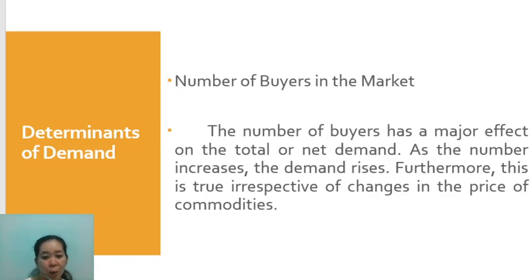Furthermore, this is also true irrespective of changes in the price of the commodity. So again, if the prices of the commodities will increase, and the number of buyers also increase, then the net effect will also be an increased demand. Okay, because there are additional buyers